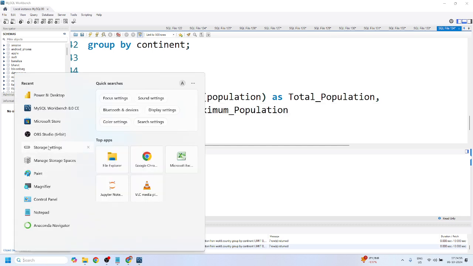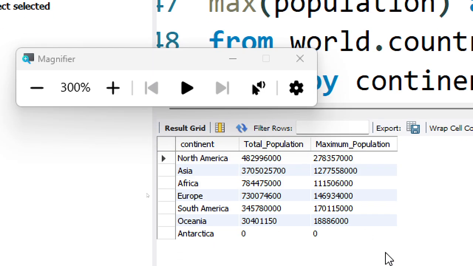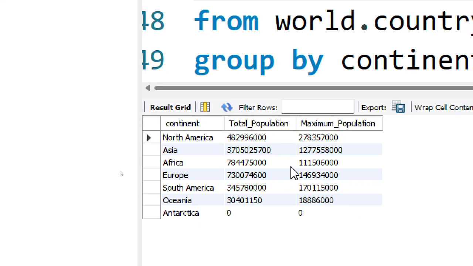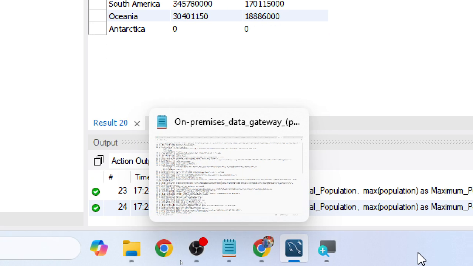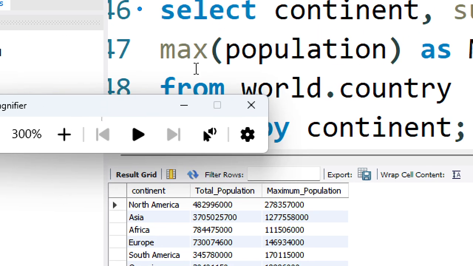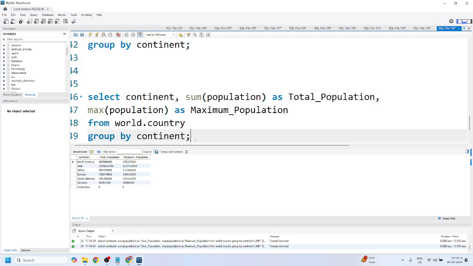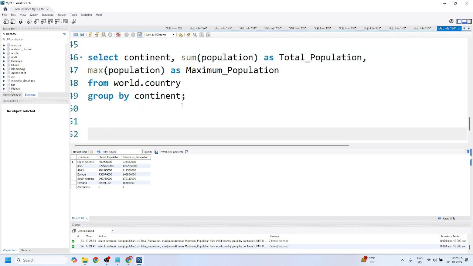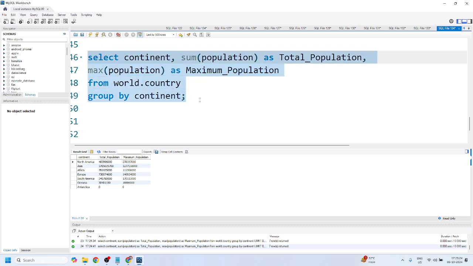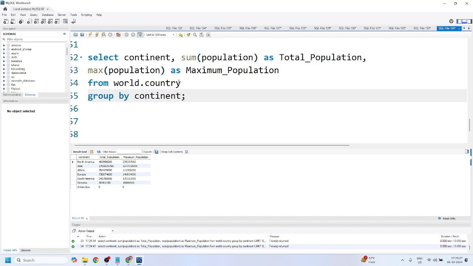Let me magnify it like this. Shivani, perfect. So we are getting a group by of each continent with the total population as well as the maximum population. So Pradeep sir's question is, we checked that we can perform multiple aggregations, right? Now the question is, how many multiple aggregations can we perform? There is no such limitation, but we have to perform the basic aggregations like minimum, maximum,